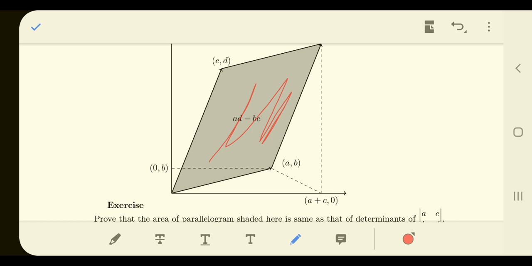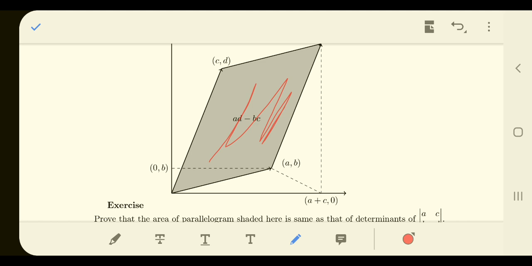So their direction is the same, but their magnitude may be different, right? And this is the same thing that we were asking earlier. So the determinant is actually giving us an area or volume or hypervolume as the size of the vectors increases. So if the area of the parallelogram made up of these two vectors is 0, then they are collinear vectors. And if they are collinear vectors, then we can say that they are linearly dependent vectors.